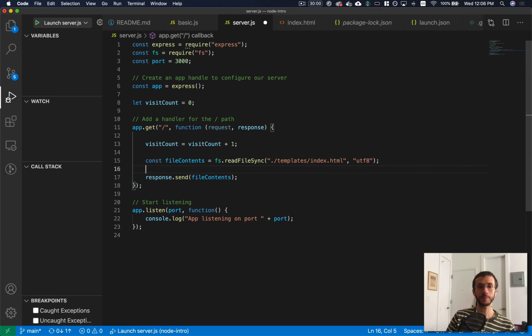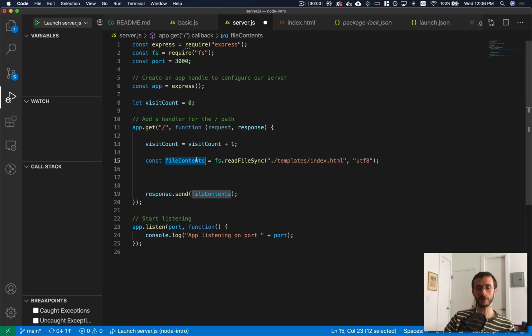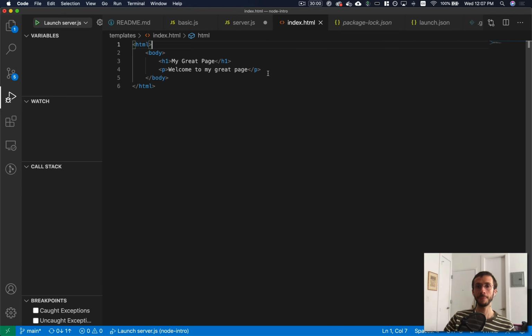And then somehow I want to show the person visiting the page how many times they visited. Well, the key to that is to do something to the file contents after we've loaded them. So between here where we load the file contents and here where we send it back to whoever has visited the page, we have the opportunity to change what the file contents are. Now, I'm going to make it a bit easier for us by jumping into the index.html page and changing this around a little bit. So I'm going to add another paragraph, and in this paragraph I'm going to say, this page has been visited